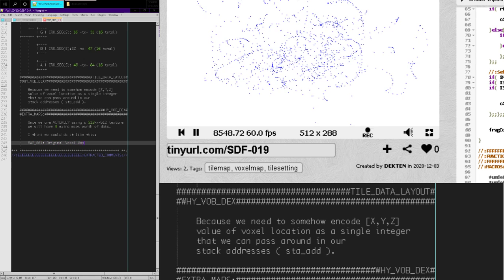Original voxel map. Map 002. Lighting map. Map 003. Sprites or other moving entities. And then map 04, elemental things,